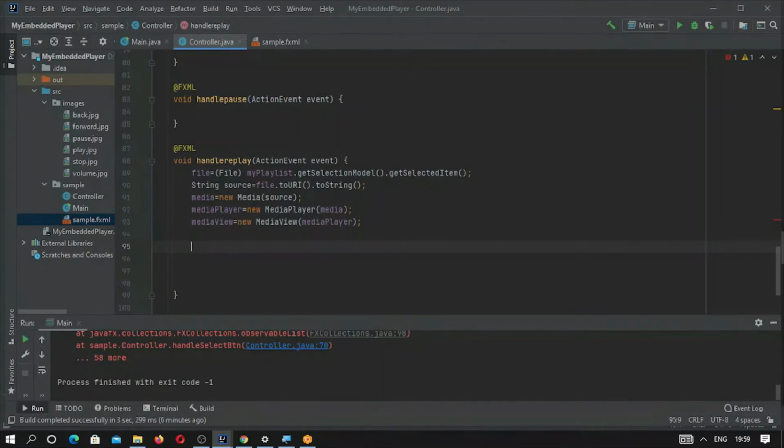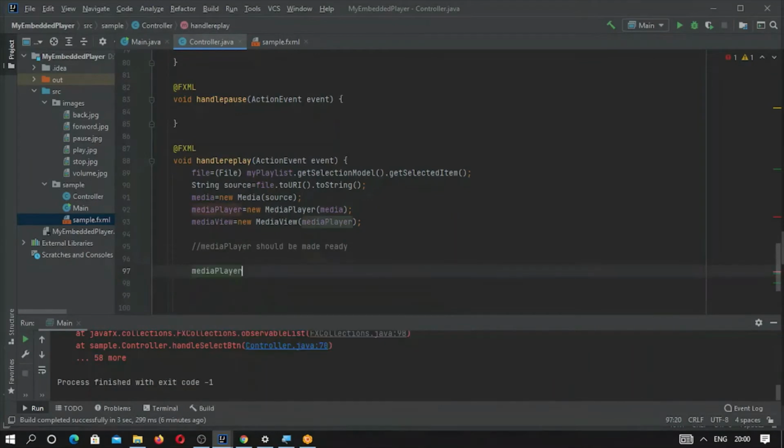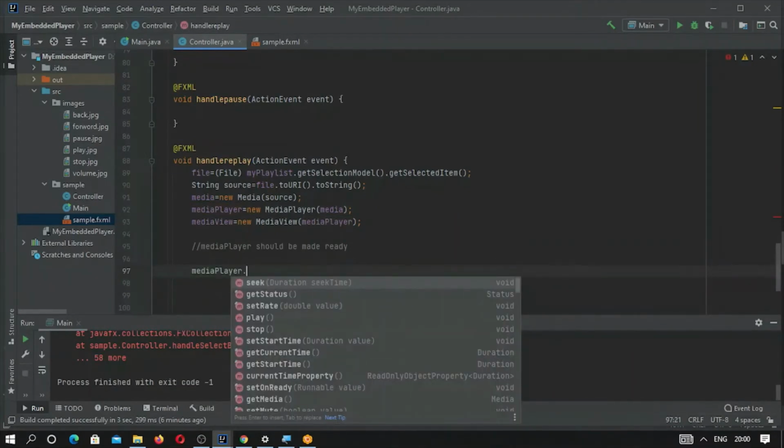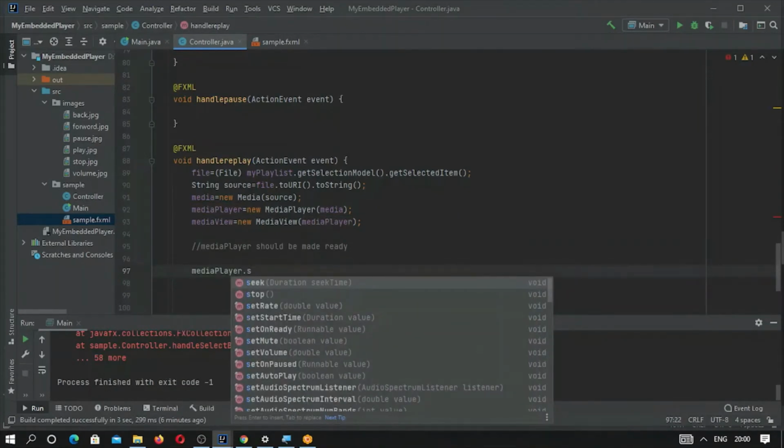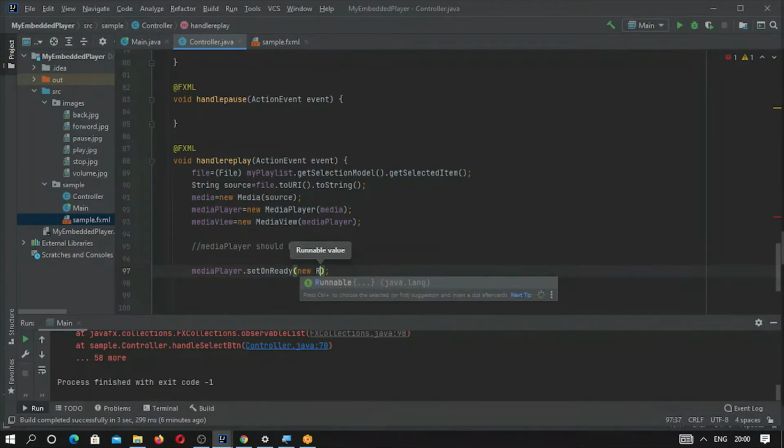So the media player should be made ready. There is a method media player dot setOnReady. This is a method, and here is a new Runnable. This is an interface.